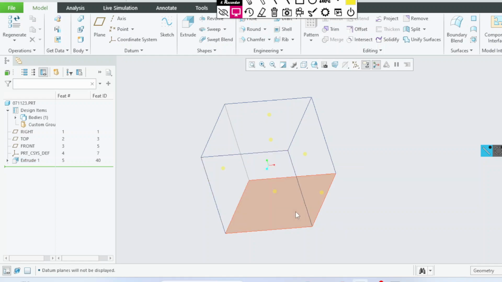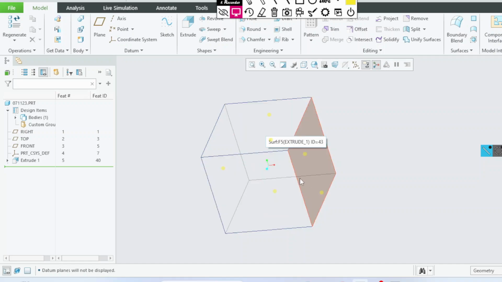This lower one, right click. This is query select. If you want to select the back side of this surface, then right click. This is called query selection. Okay, so total 6 surfaces,